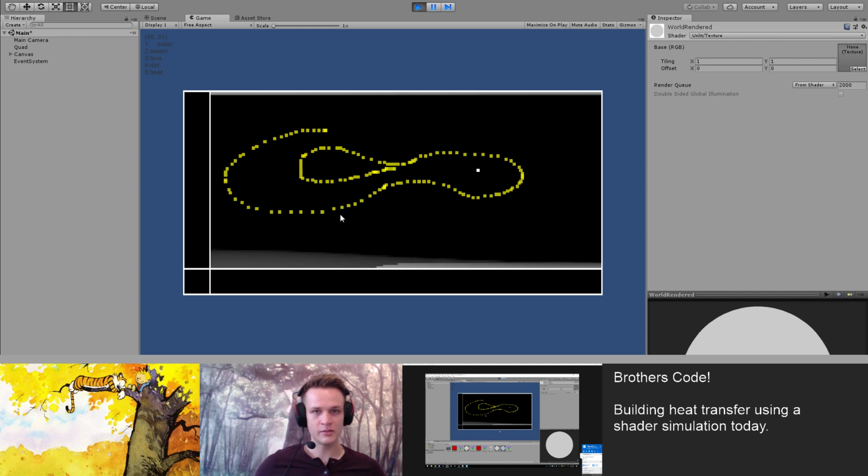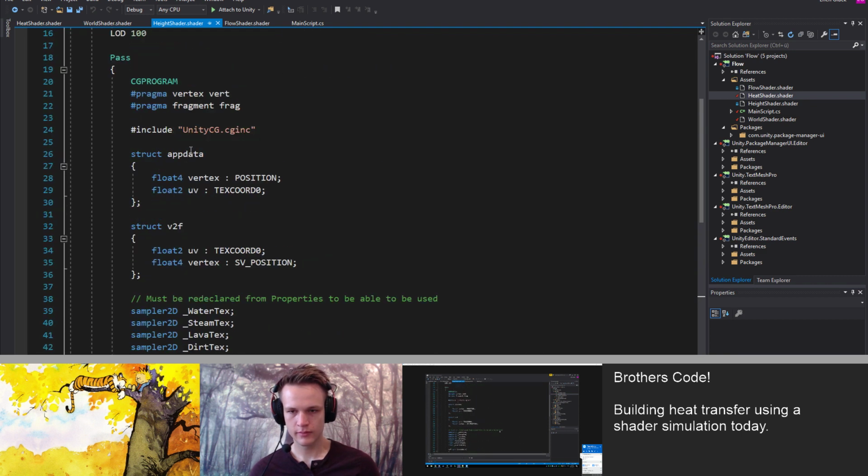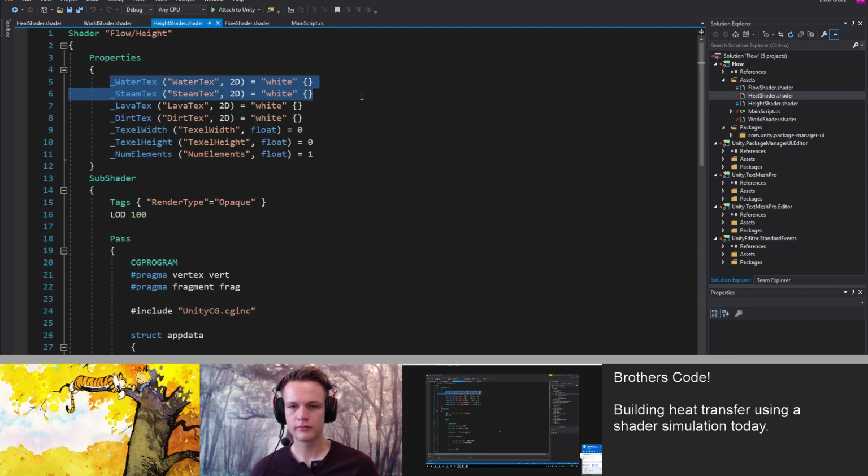So this seems like it should be pretty simple. Have you tried implementing any piece of this yet, or are we just going to do this live? I did, and it failed miserably. Okay, well, that's always a good place to start. Basically, I went down a fork and tried to implement heat into the height map layer, because in the height shader you already have all of the inputs for water, steam, lava, and dirt. And so I made it into a toggling A/B buffer like the other ones.